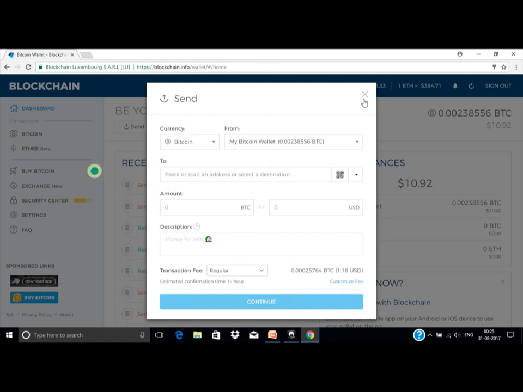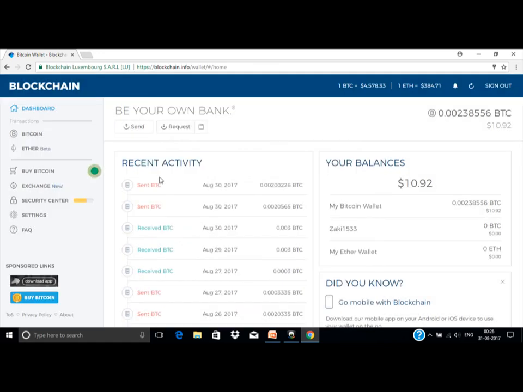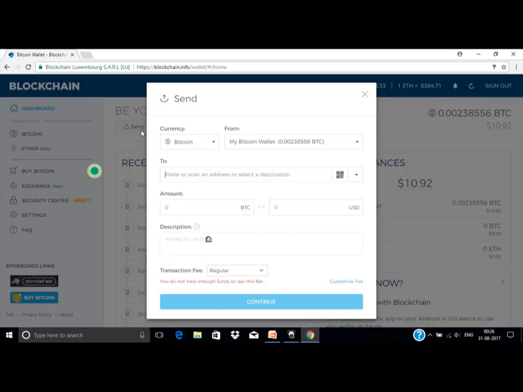Now don't get confused between wallet ID and Bitcoin address. I'll show you an example of a Bitcoin address pretty soon. Just concentrate on what I'm trying to explain here. When you click send, it will ask you for the Bitcoin address of the person you are sending the Bitcoins to.